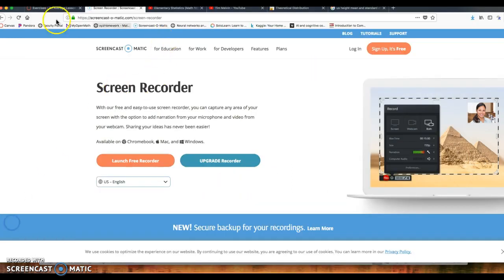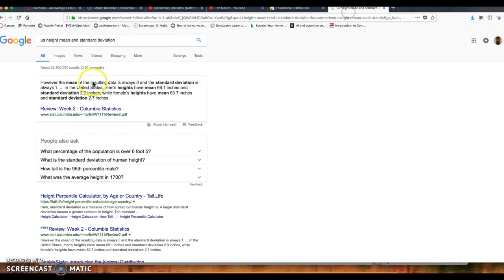So I went and looked at a study done by Columbia University, and they compiled and found that men's heights have a mean of 69.1 inches, standard deviation of 2.9, while females in the United States have a height